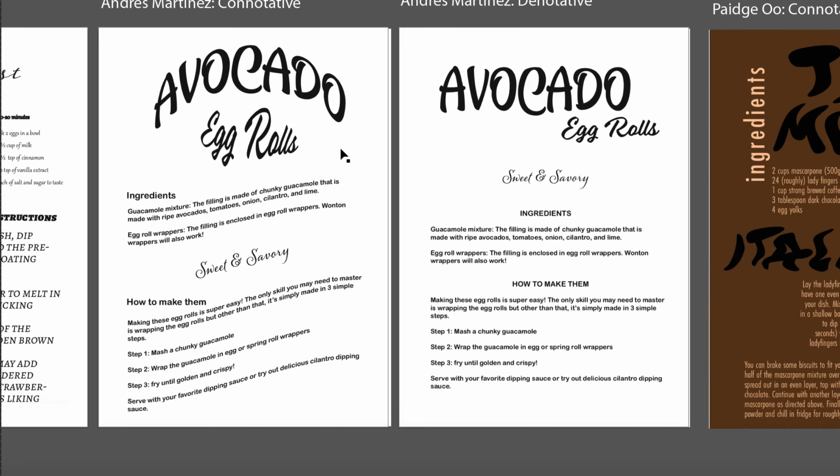I will say that putting a decorative text on a curved type path does get a little too much. I would prefer it just the way it is here with the denotative, just simple, straightforward. And then I will say that this area right here, sweet and savory, this font doesn't really work well with this font. It seems like,